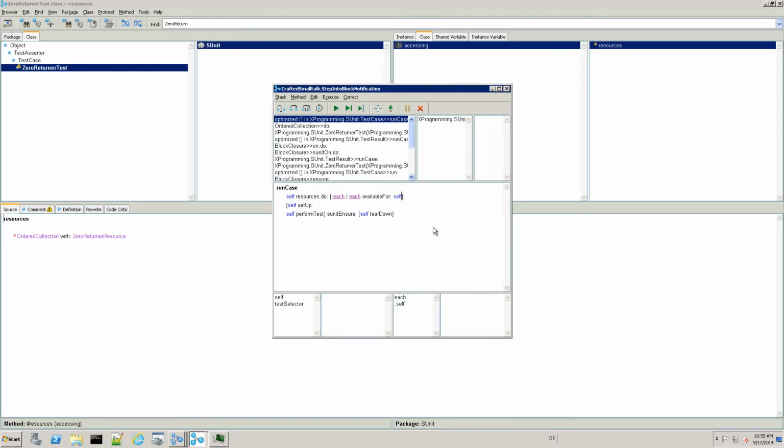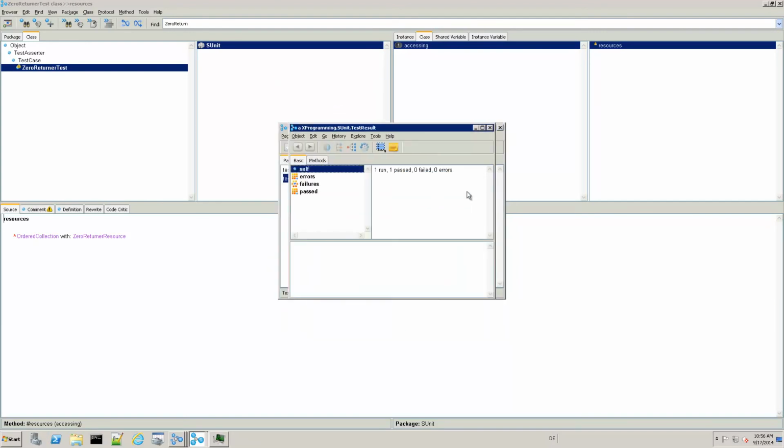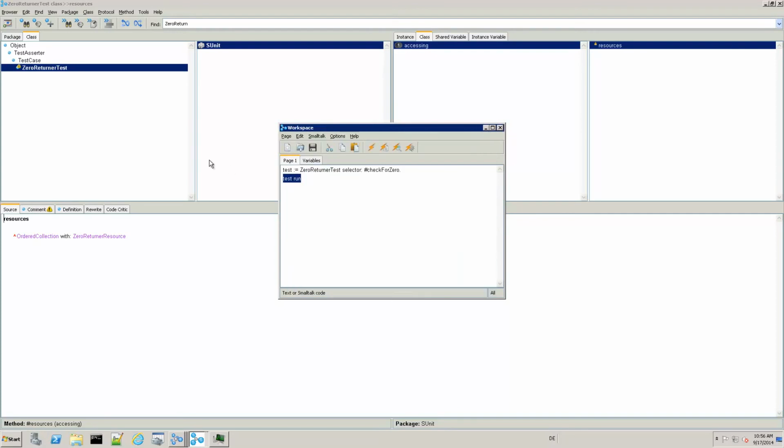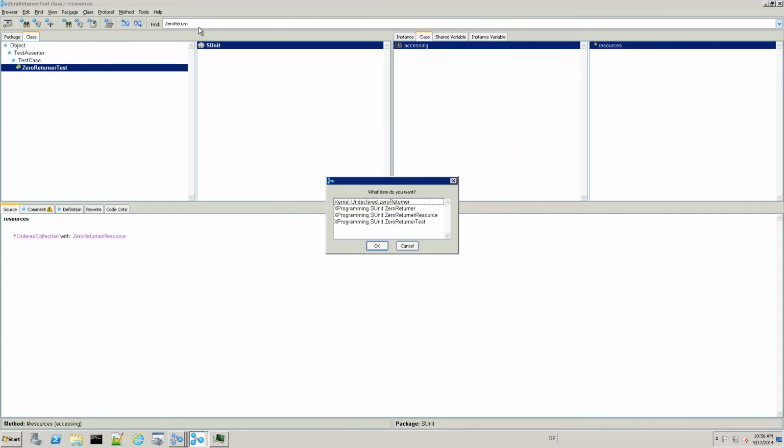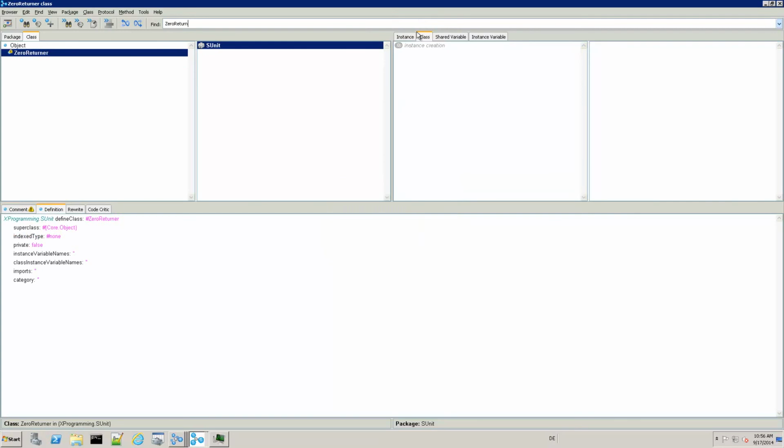We will call setup, which will call setup on all the resources that I have, and at the end we tear down. And as you could see, we passed because, of course, our 0 returner, which is simple code, was able to return the right